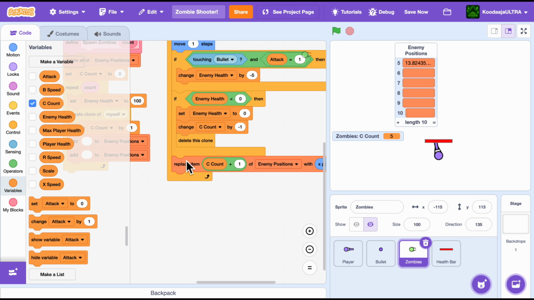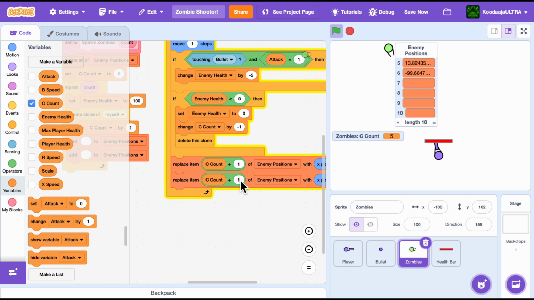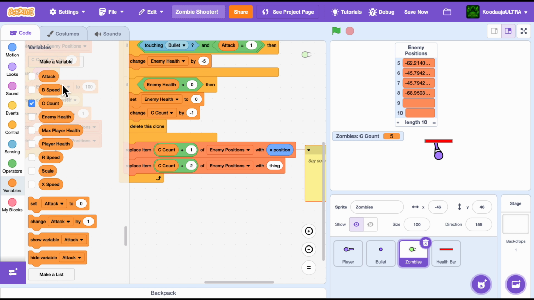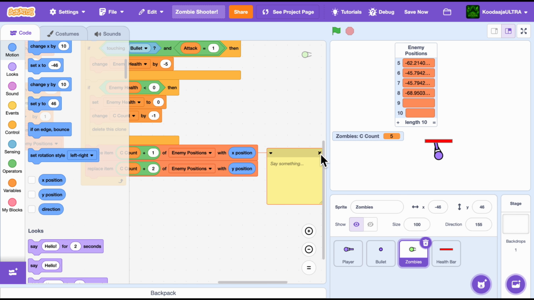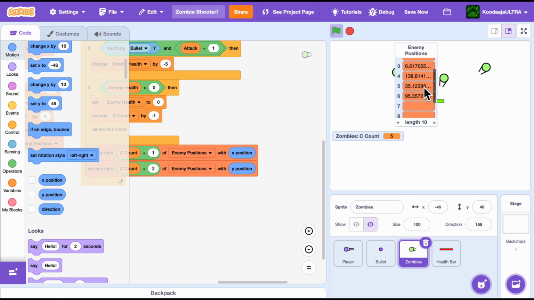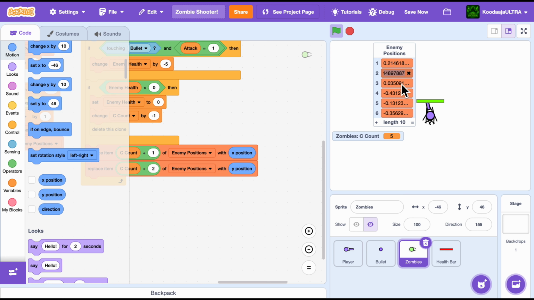And now we will duplicate this and we'll add 2, not X position, but Y position. What? X, Y, and